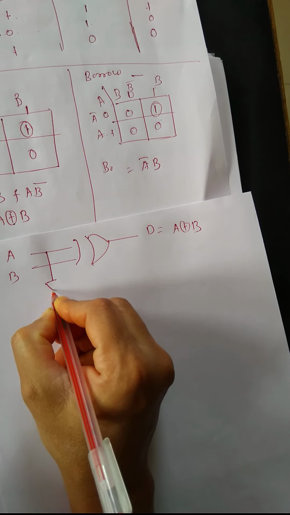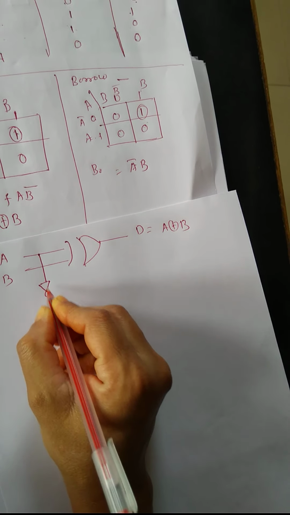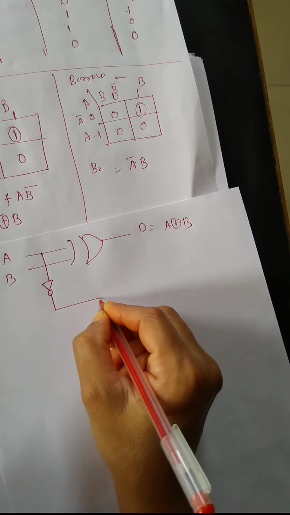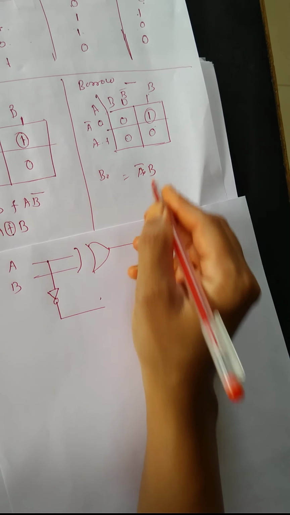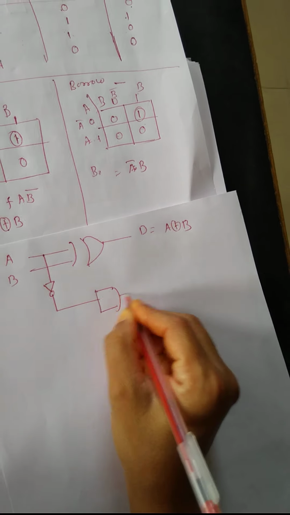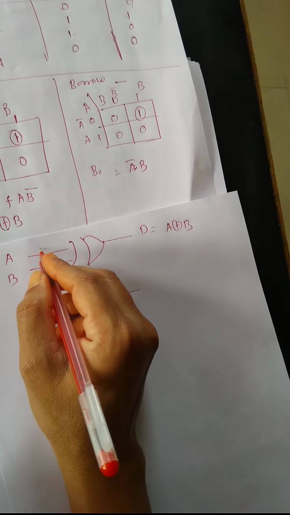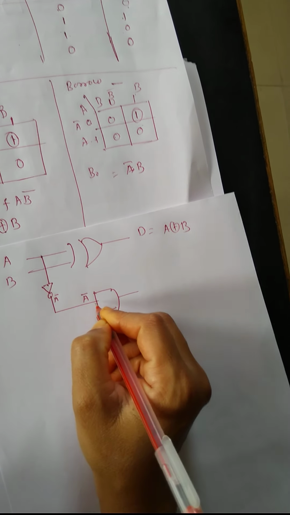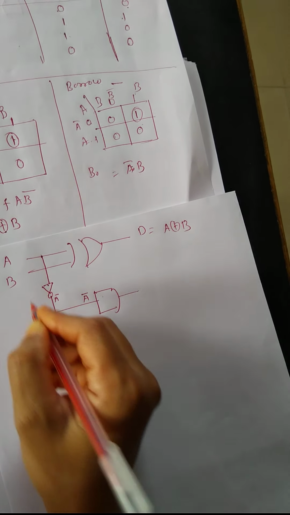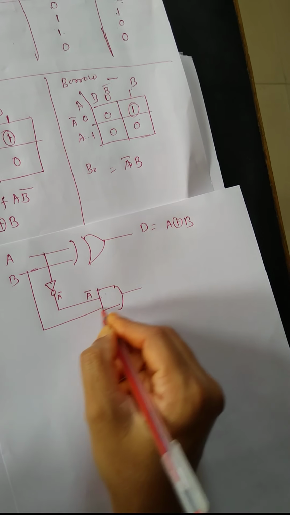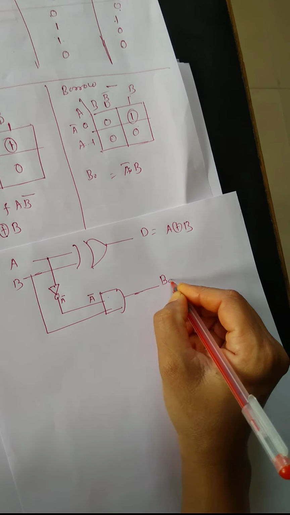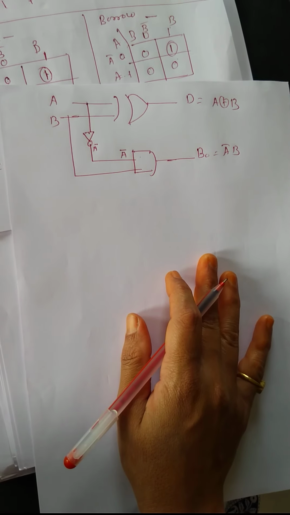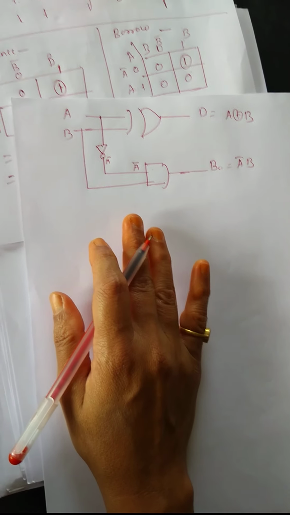So from A you have to take the NOT gate. The NOT gate input is A, so the output A bar is produced, and for the product we require an AND gate. This is the A input for the NOT gate. It produces the A bar output, and that A bar output goes as the input of the AND gate. Next, this is the B input. So the output for borrow is A bar B. This is the realization, or diagram, of the half subtractor.